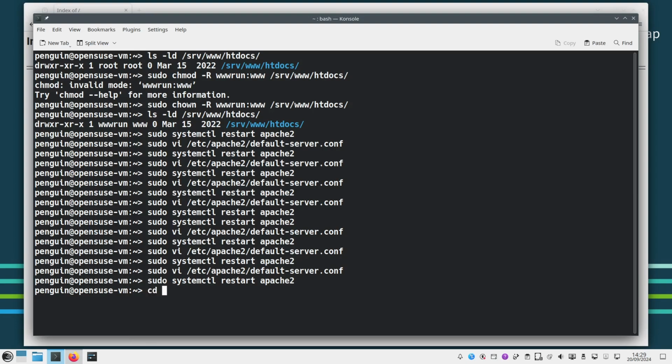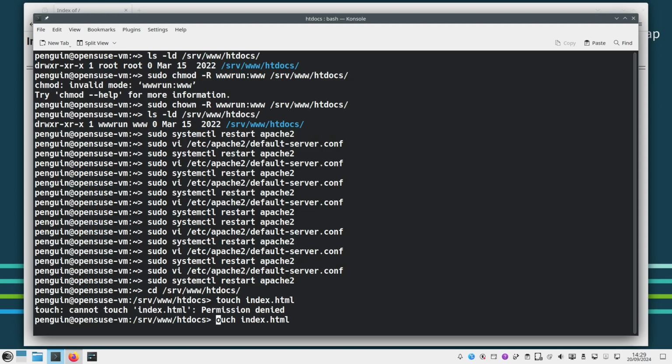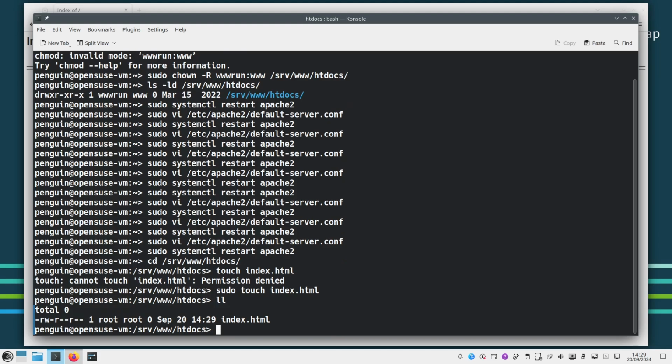So let's go to that path, htdocs, and we do sudo. Let's try to check if we have access as a user here to create a file, x.html. Yeah, permission denied. So let's try sudo, and let's see the file. We need to change the permission for that file after we finish, so make sure about that, and I will show you. So again, let's open the file,